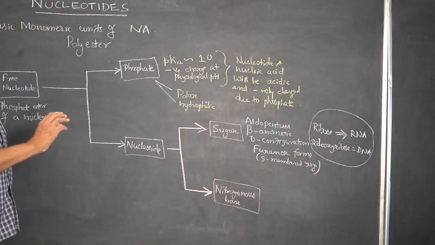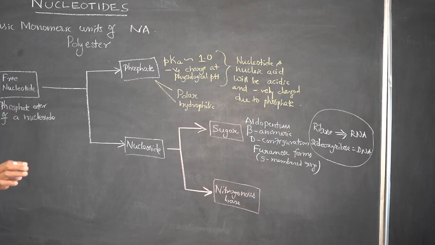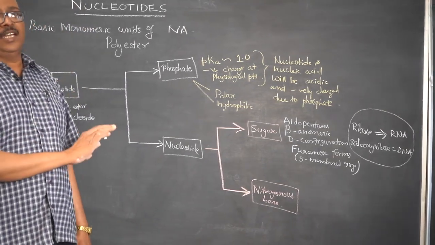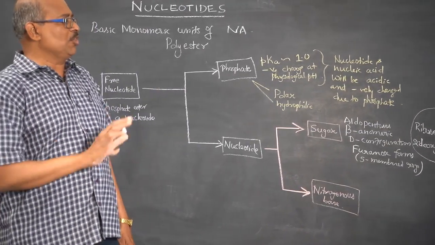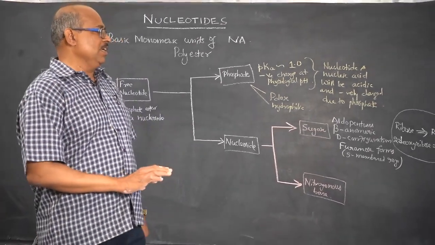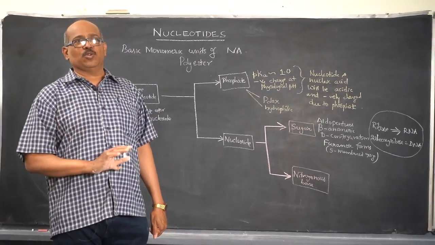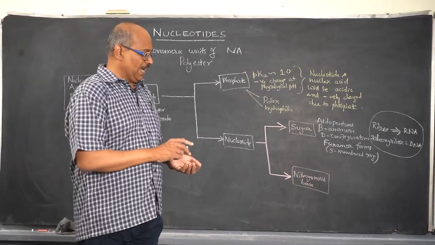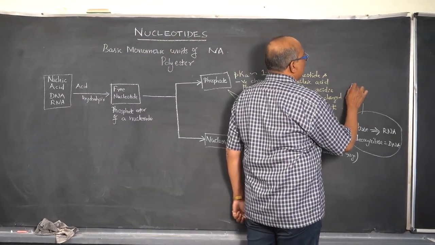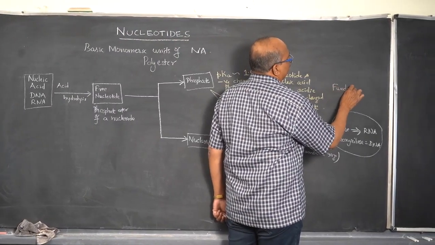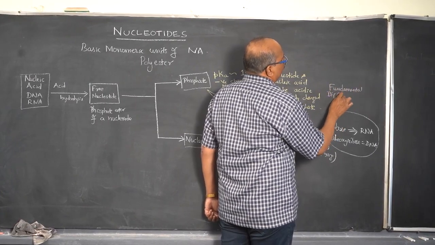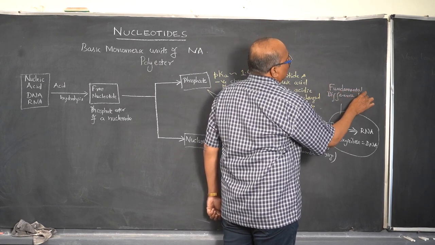And this particular property, we take it as the fundamental difference between RNA and DNA. If the sugar in a nucleic acid molecule is ribose, it is RNA. If the sugar is deoxyribose, it is DNA. In other words, this is the fundamental difference between